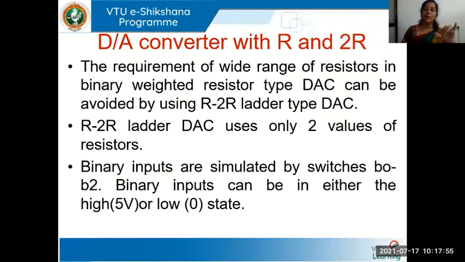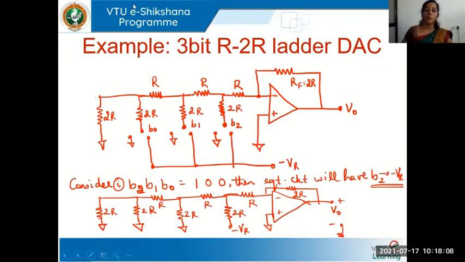We'll be connecting those switches so that in one position they are connected to ground. The other position of the switches will be connected to the reference voltage Vref. Remember that. So this is how it looks. We have a simple example of a 3-bit R2R ladder DAC. As you can see here, I have a set of resistors of value R and 2R downwards, so it forms a ladder-like structure. It looks like a ladder: 2R, R, 2R, R, 2R, R, something like this.